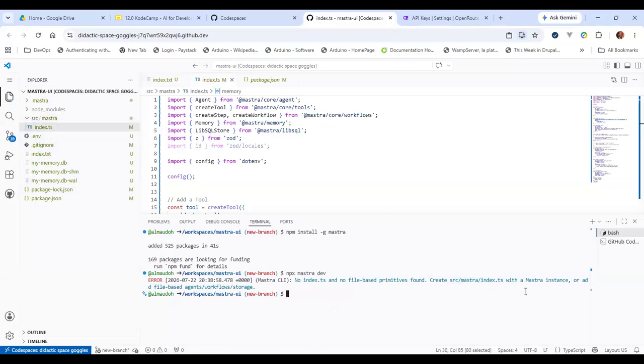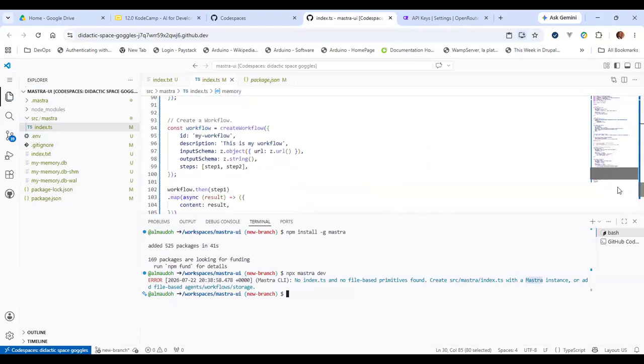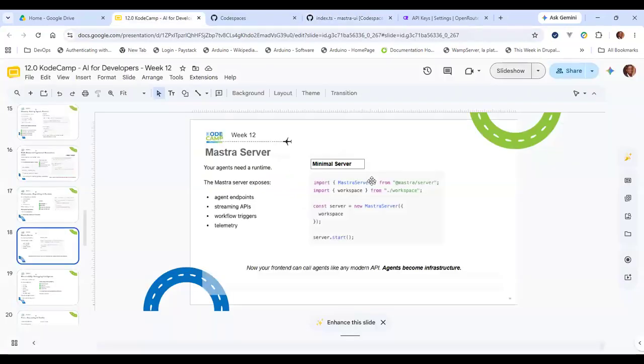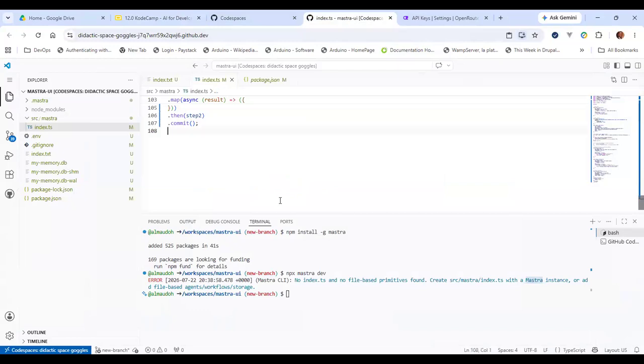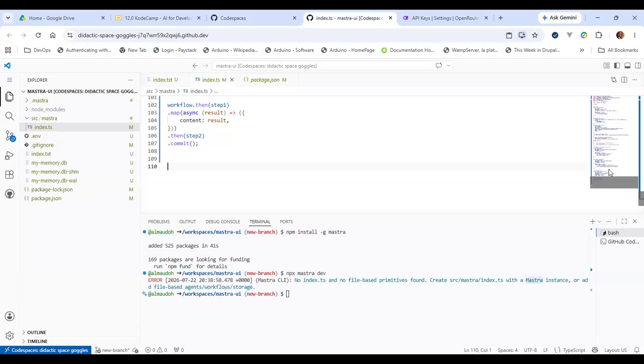But that's not enough because the second requirement is that we have to have a Mastra instance. The Mastra instance is the Mastra server, right? You just do mastra equals new Mastra. Again, this is kind of outdated, so I will just create a new instance of Mastra here, and then bring in all of the things that you want to bring in.